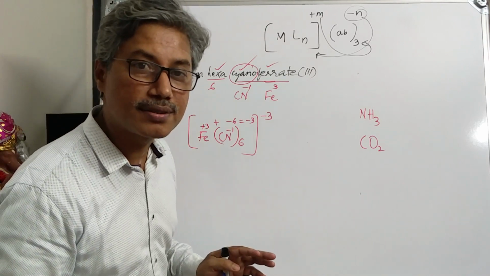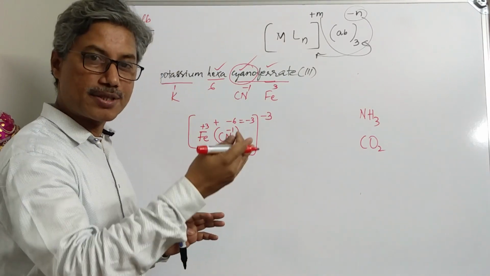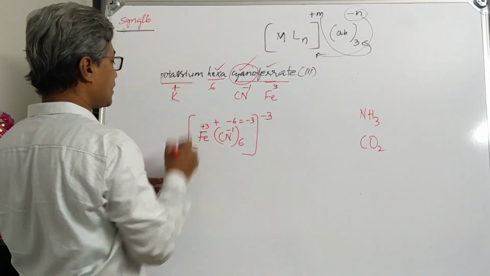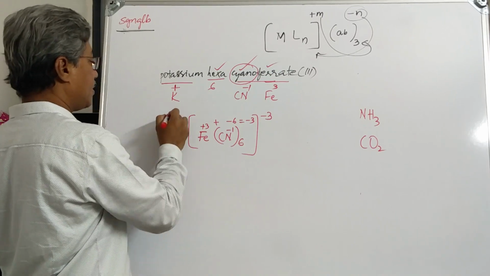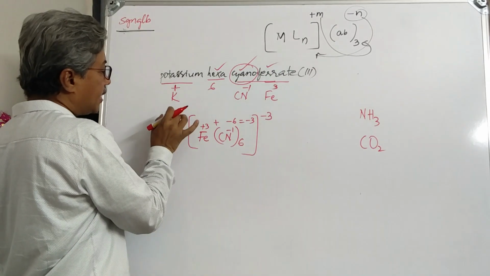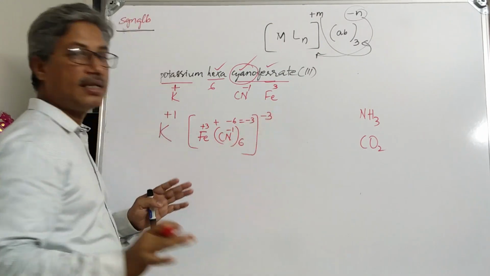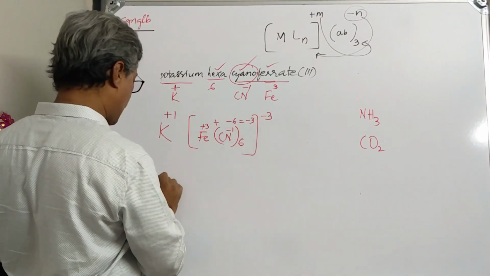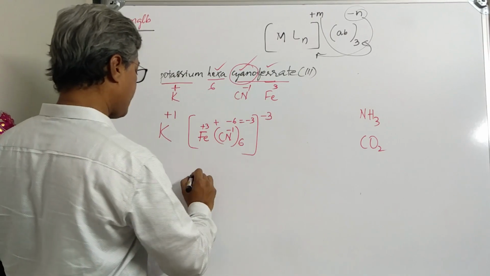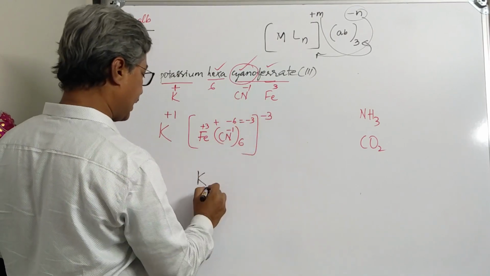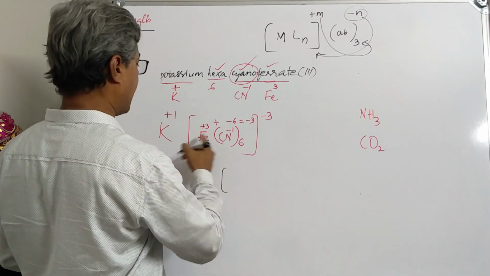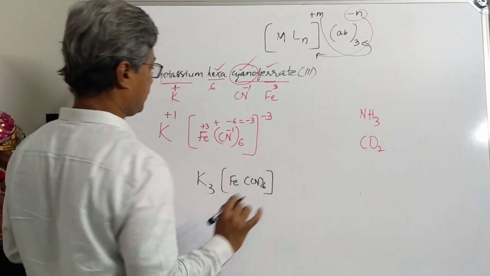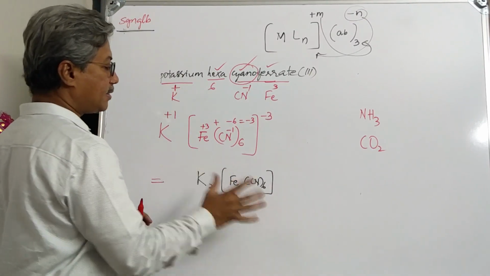The coordination polyhedra is negative. Therefore, whether it should be written first or next, it should be written next. The coordination polyhedra is negative, which means the counter ion is positive. Therefore, K should be written first. Its charge is plus 1. As the counter ion charge and coordination polyhedra charge are not equal to each other, they should be used as cross multiplying factors. Then the correct formula is K, how many times? 3. Ignore the sign. Then square bracket, Fe(CN) 6 times. K3[Fe(CN)6].